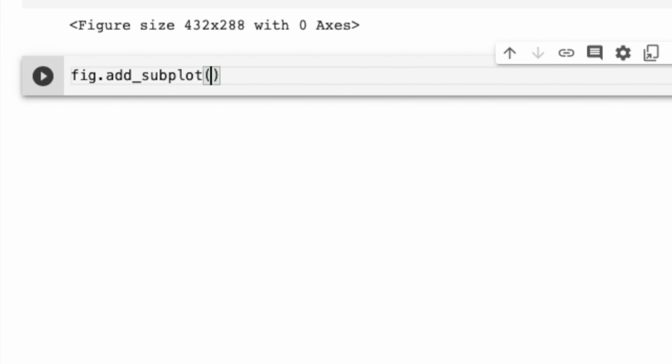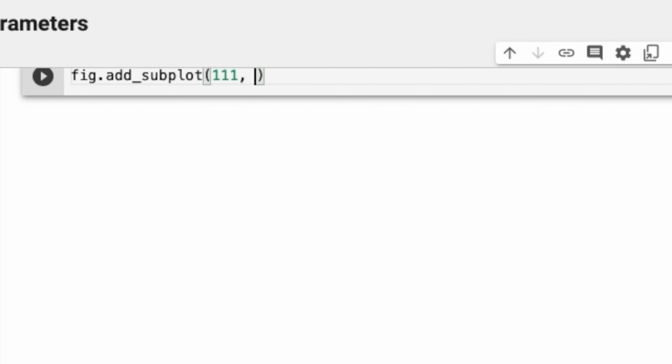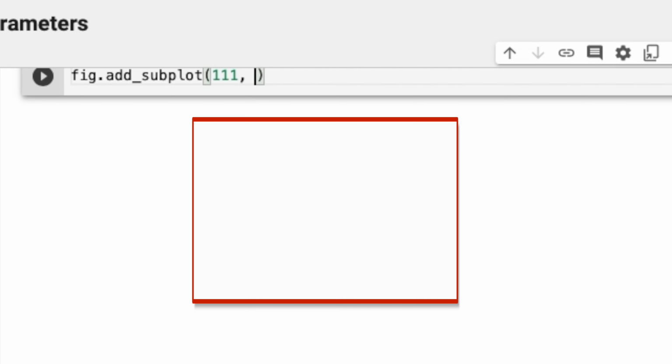The first parameter of the add_subplot function states how many subplots the figure would contain and in which cell we will place our subplot. 1, 1, 1 here indicates in the subplot grid there should be 1 row, 1 column, and the plot under consideration should be placed in cell 1.